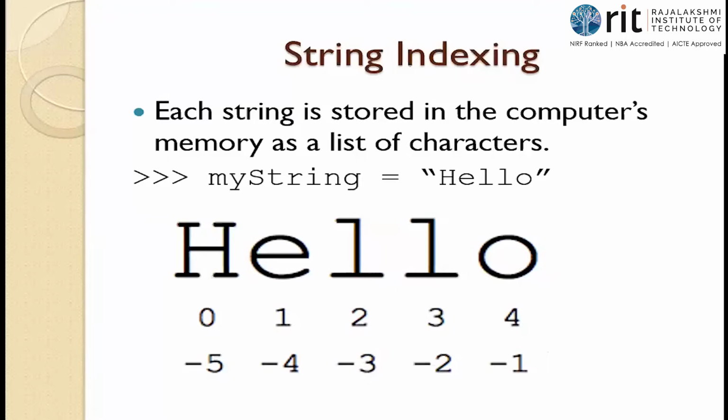You can ask again, why not 0? 0 is already used with the positive indexing, isn't it? So I cannot use 0 again. A number can be used only once, isn't it? If you give 0, then there is a confusion for the interpreter whether it should print H or O. So 0 is already used with a positive indexing, so the negative indexing should start with -1. That is how the rule says.